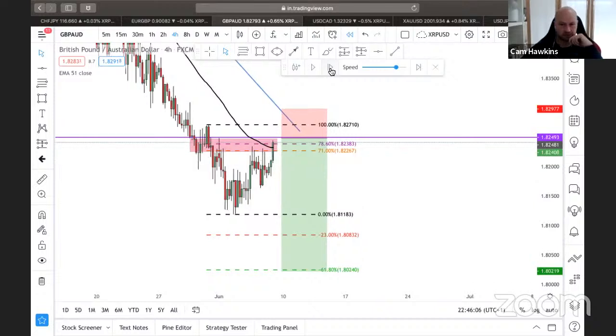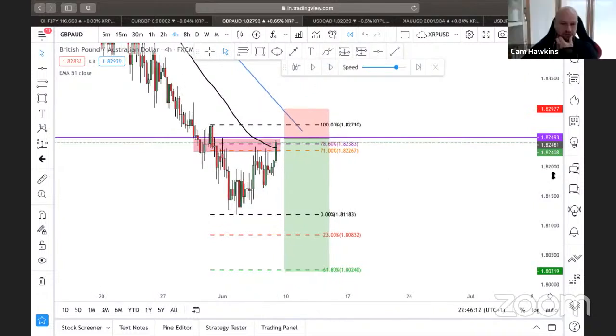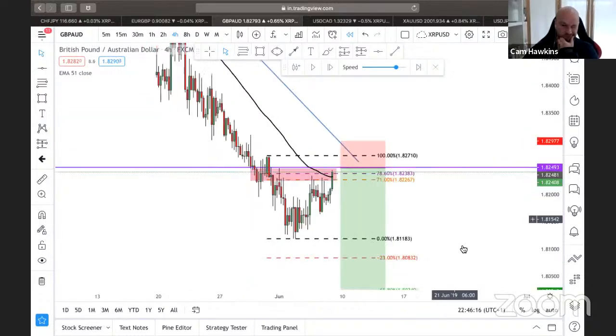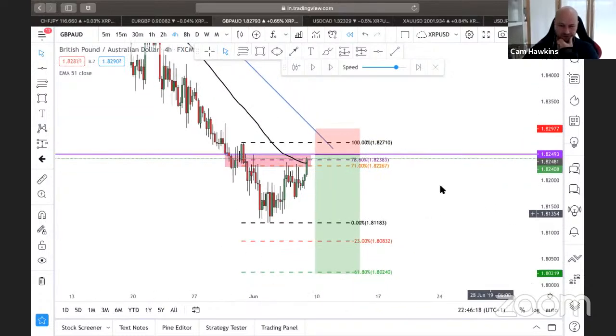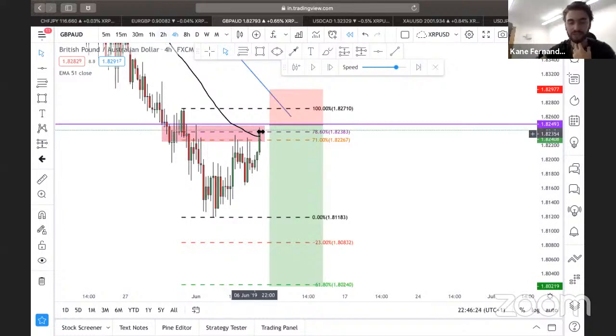So we're calling an entry, so that's in the zone, but not wicked into the zone. Do you want to move your entry level to where you'd like? Just explain where your entry is going to be so that we can make it a valid entry. Usually I'd like to see a 4-hour bullish candlestick like that. I just wouldn't do that in real life.